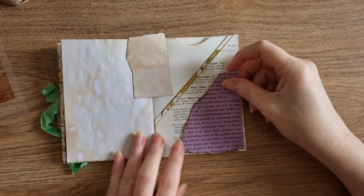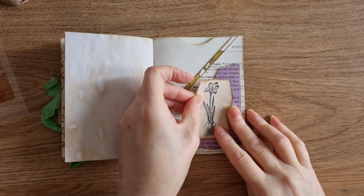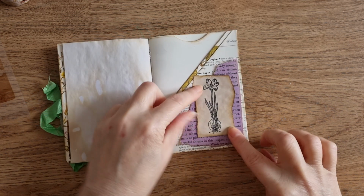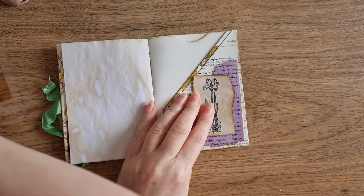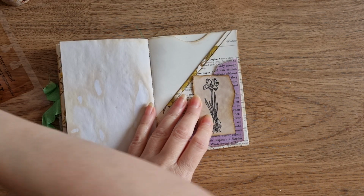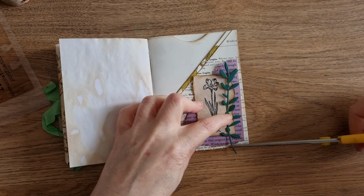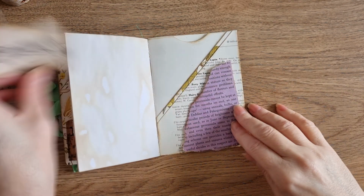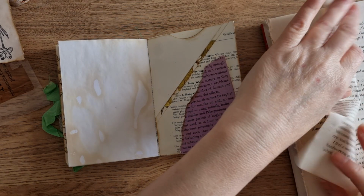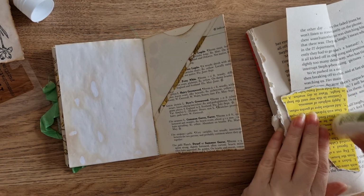So that will go on like so, with the flower stamped image. And then I could possibly use, that's too big, I could possibly use, yes, okay, that's what I'm going to do. I'm going to just trim that, it doesn't need to be that long. So let's glue that page down first, and then literally this will be ready to be filled with ephemera